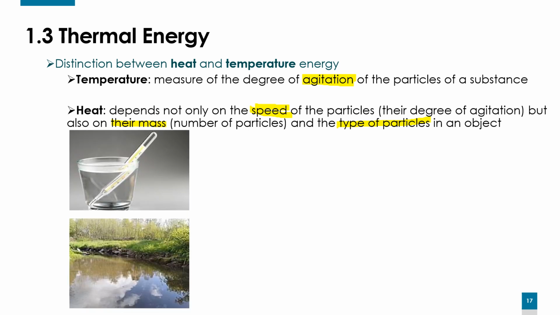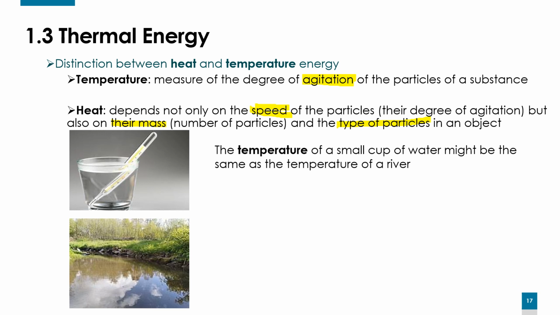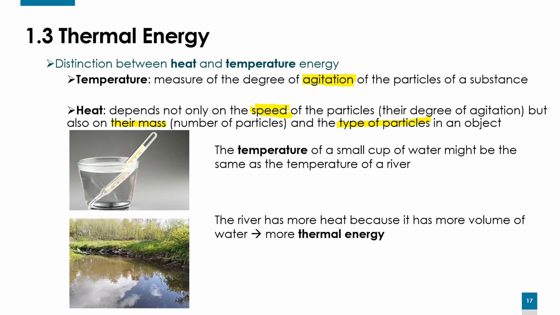For example, if you have a glass of water or a stream or a river with the same temperature. Let's say the temperature of a small cup of water might be the same as the temperature of a river, okay? But the temperatures are the same. But what about the heat? Is the heat that is stored the same? No. Why? The river has more heat because it has more volume of water. So if you have more mass,